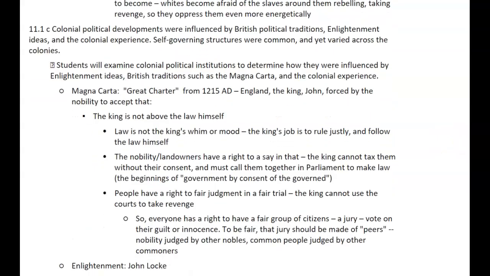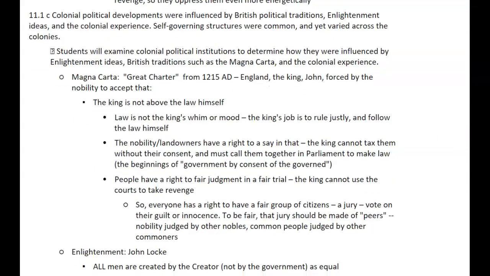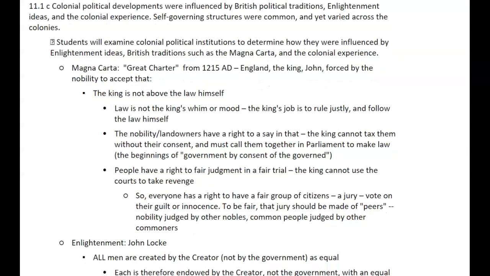Okay, let's talk about politics for a bit. Colonial political developments were influenced by British political traditions, Enlightenment ideas, and the colonial experience. Self-governing structures were common, yet varied across the colonies. Let's talk a little bit about the background. Never forget, all of these guys are somehow part of the British Empire, and they follow then in the British legal tradition. One thing that was built into British consciousness